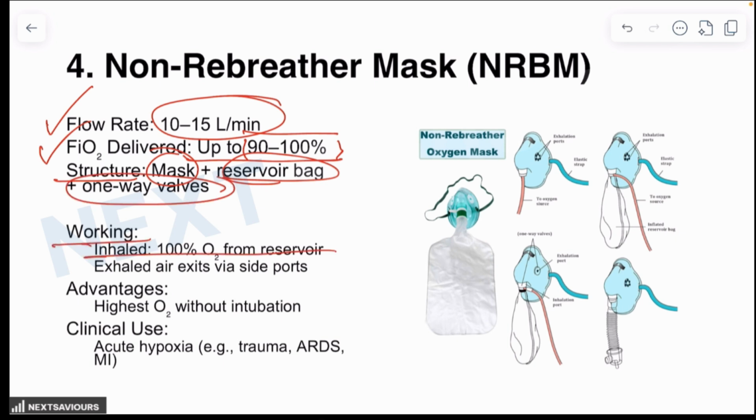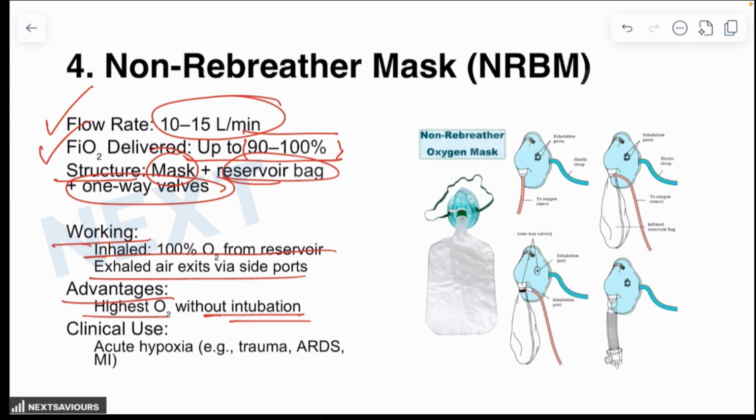Inhaled 100% oxygen from the reservoir, exhaled air via the side ports. Advantages: highest oxygen without intubation. This is what we are talking about regularly and repeatedly. And wherever there is a high demand of oxygen, but the patient is conscious, is able to support breathing